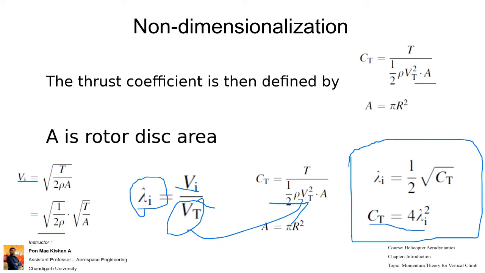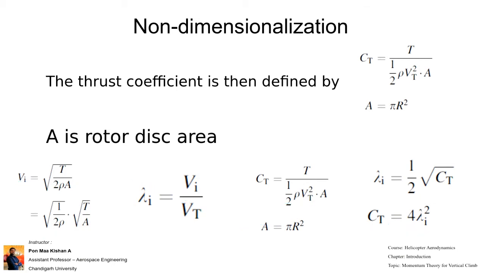So many of you have given yes, and the other category have given no. So you just have to see this equation which I am showing over here, right? We got this in the last class itself. With momentum theory in the hovering condition, we have got this equation for Vi, the induced velocity. For non-dimensionalizing, we have the non-dimensional inflow, that is Vi divided by Vt, the tip speed.